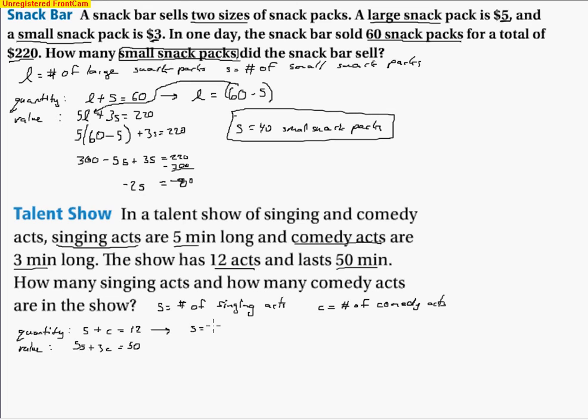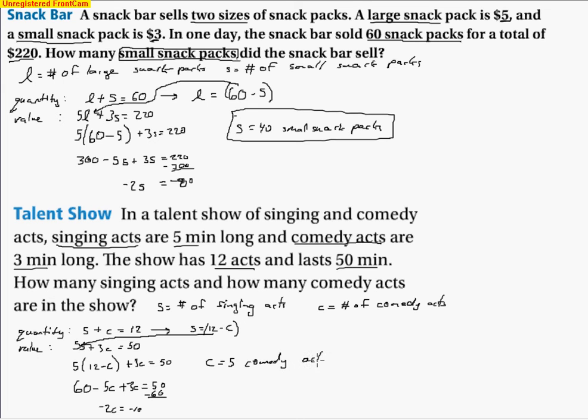So if I do that, I end up subtracting the C, so I have 12 minus C. And so then I'll go ahead and substitute that back in place of this S right here. And so I'm going to rewrite 5, and in place of S, I'm going to write down the 12 minus C, and then plus the 3C equals 50. And so from that point, I can go ahead and distribute, and I've got 60 minus 5C plus 3C equals 50. And I'll go ahead and do some opposite operations, subtracting 60 from both sides. And I'm left with negative 2C equals negative 10. So when I do that division, I see I get C equals 5. So there's 5 comedy acts,